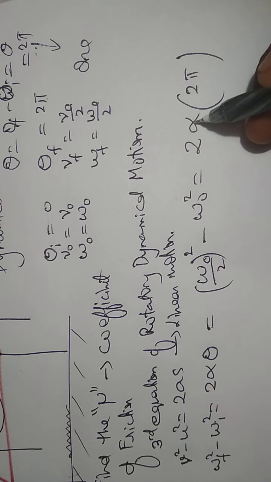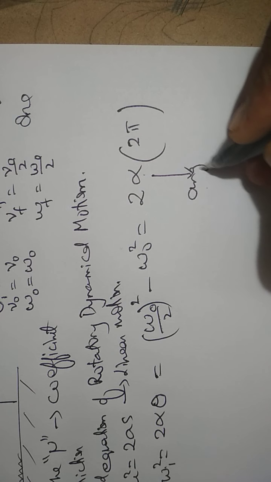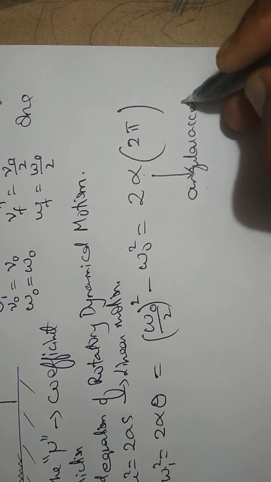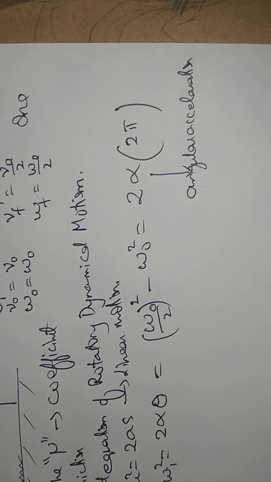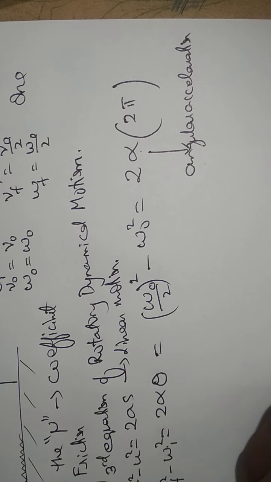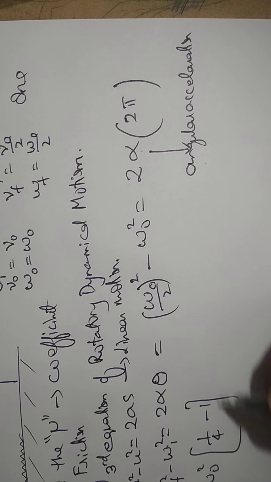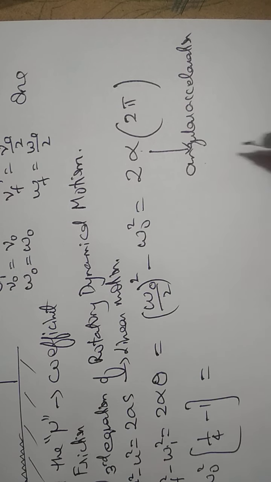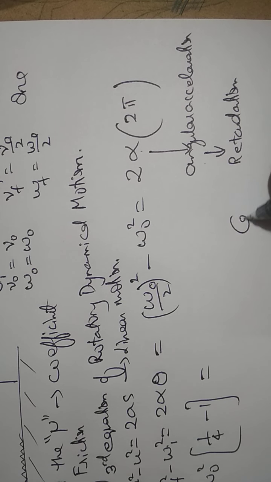Now, to solve this, what is alpha? Alpha is angular acceleration. What is angular acceleration when a body is rotating in a circle like this? It is centripetal acceleration, quite obviously. So we have to solve this first on the RHS and then the LHS. On the left, omega naught square, if we take out common, gives 1 by 4 minus 1. It's a retarding angular acceleration, it is angular retardation, which is centripetal.